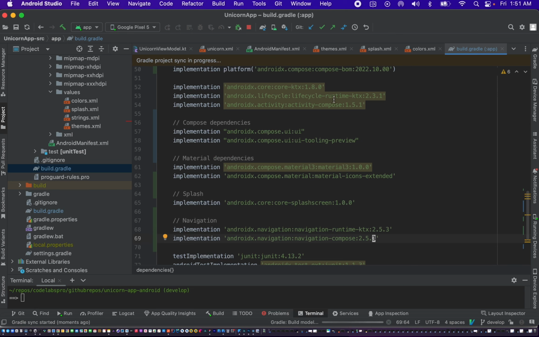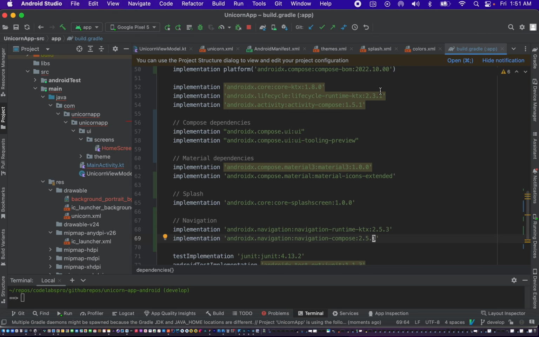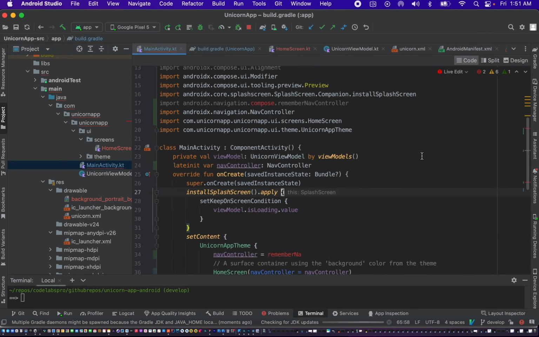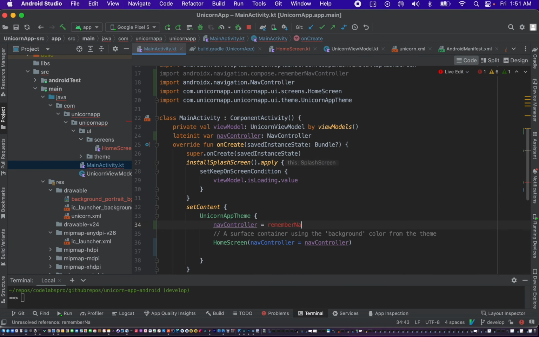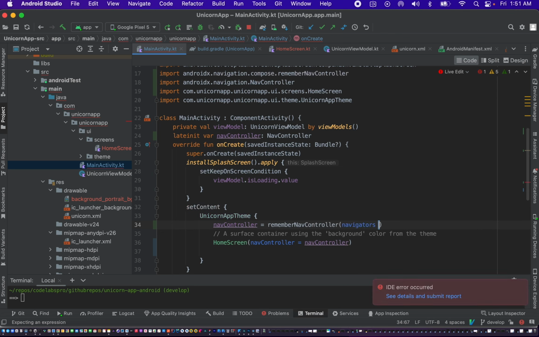And that should then make it so that once the sync is completed, our error should resolve. So here we can now call the function remember nav controller,